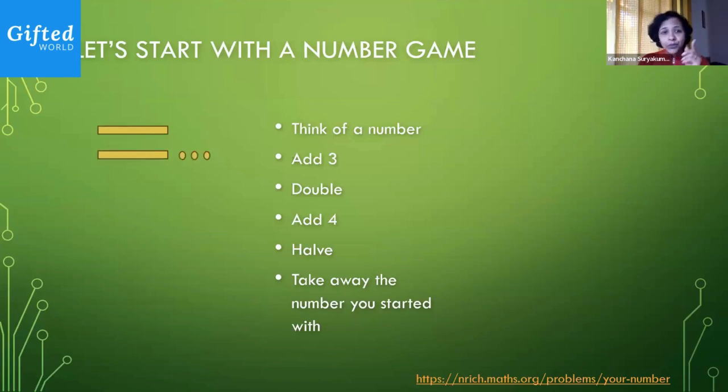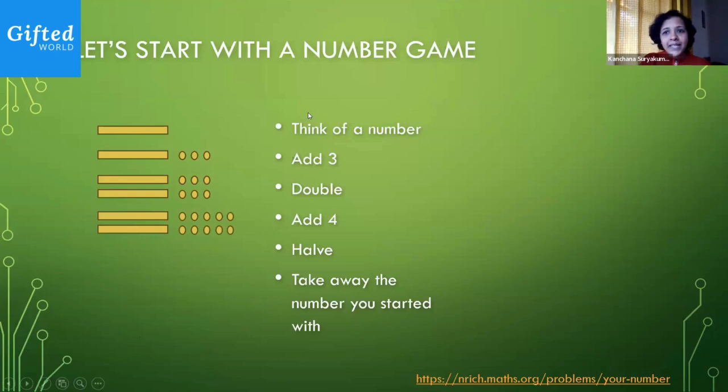I add 3 to it. Notice how I've shown it as 3 small, probably oval coins. When I double it, what am I going to do? Instead of 1 row of these numbers, I'm going to take 2 rows of these numbers. So I'm doubling it. Then I'm going to add 4. When I add 4, do you notice what I'm doing? I'm adding 2 to each row, so it continues to be symmetrical. And then I go ahead and do a half of it. By half, I have 2 rows, so I'll just go back to having 1 row of my numbers.